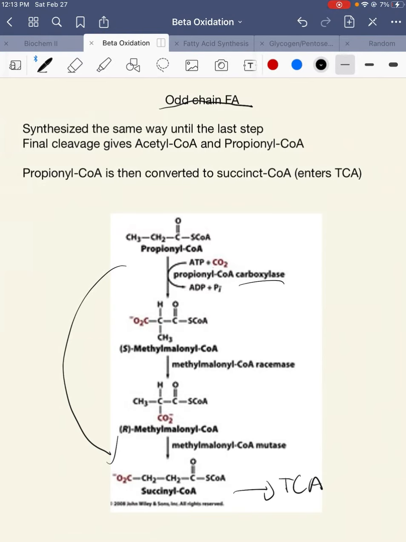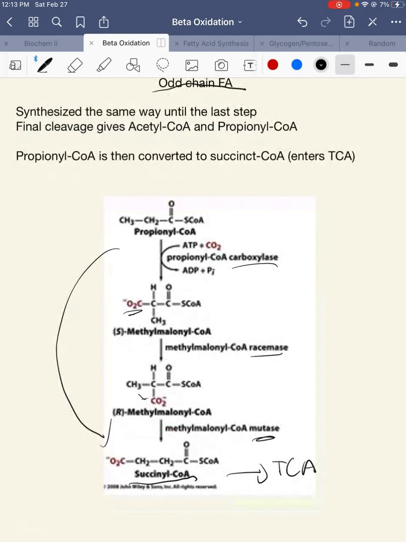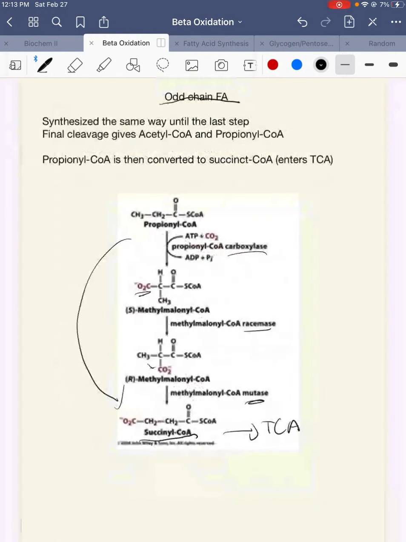The CO2 is transferred into the propionyl-CoA, and then we have this isomerase that transfers the CO2 into a different group, and then we have a mutase that eventually makes it into succinyl-CoA. And then this can enter the TCA cycle and give the cell energy. Does that make sense? So basically that's what happens when you have an odd fatty acid